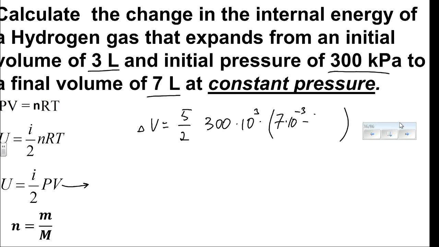Initial is 3 liters, 3 times 10 to the negative 3 cubic meters. 1 liter is 10 to the negative third cubic meter, which has been found before a couple of times. If you look at the units here, kilos and liters actually cancel each other out. Sometimes it's a convenient shortcut. So all we have to calculate